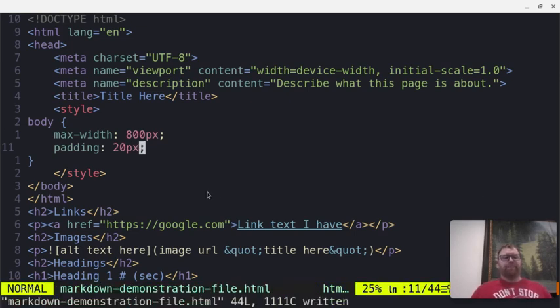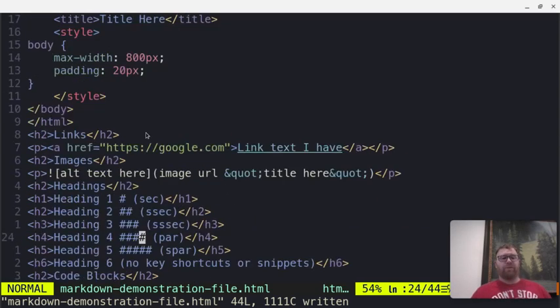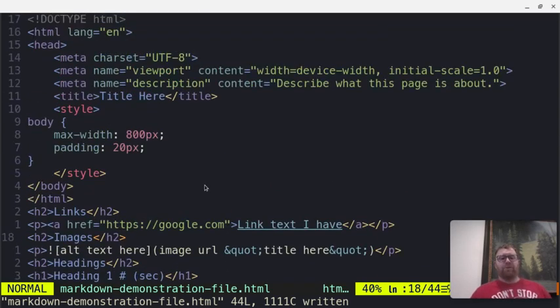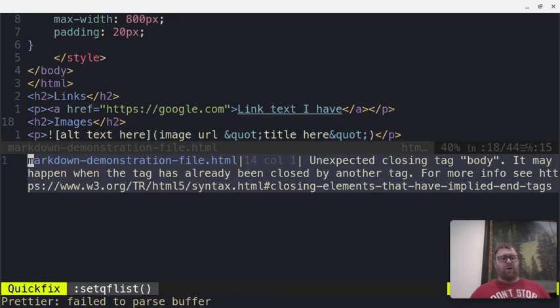But so now I've got the document basically ready to upload to a server, but I do want to make it look a little bit nicer. That's where I set up Control P to run Prettier, which you also have to install, which is a Node module. So you install the plugin and you install the Node module Prettier. So if I do Control P, it's going to run the command Prettier. And it's going to take just a moment, and you'll see,